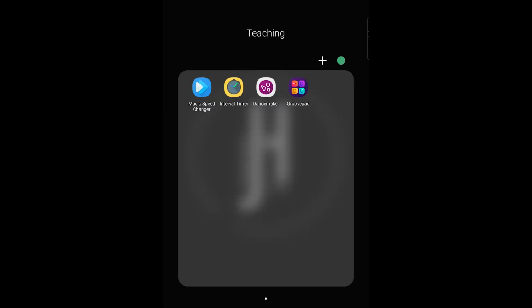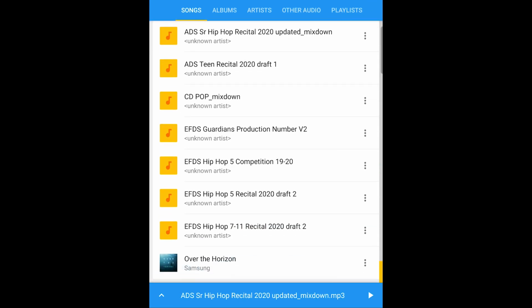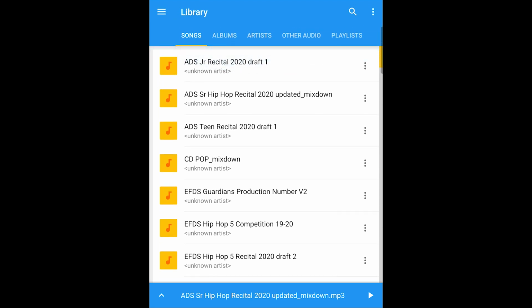Okay, so once you have downloaded Music Speed Changer from the Google Play Store, all you need to do is open it up, and you'll see you have songs, albums, artists. Any song that is downloaded onto your phone or tablet will show up. And all you need to do is select it,